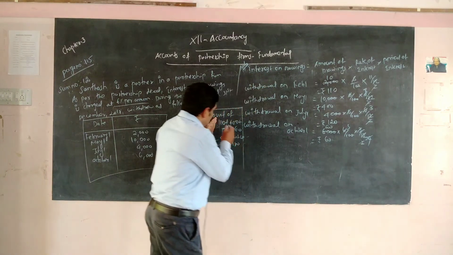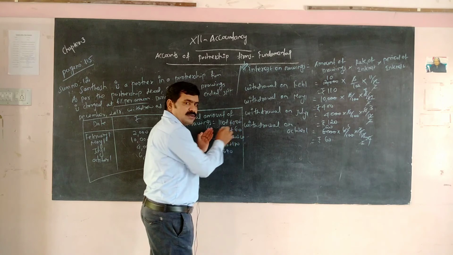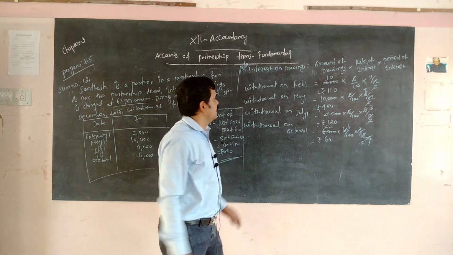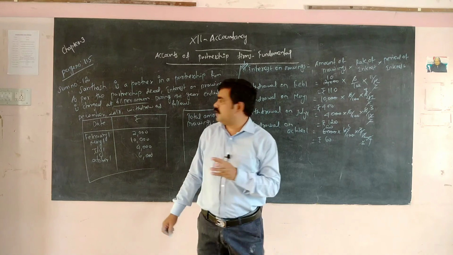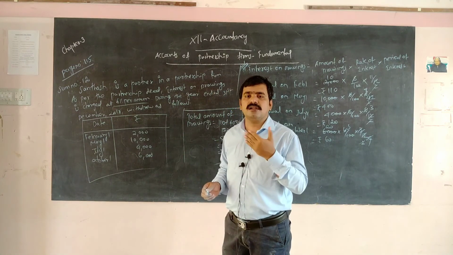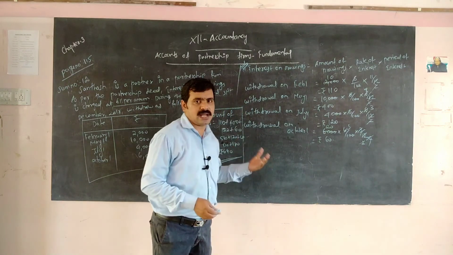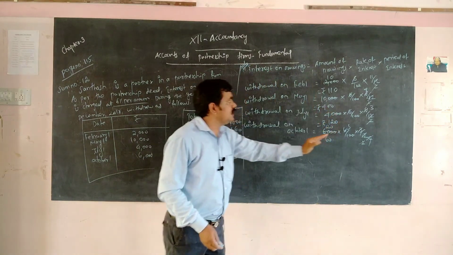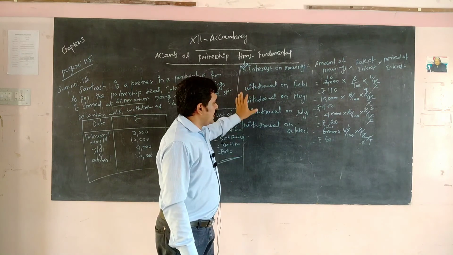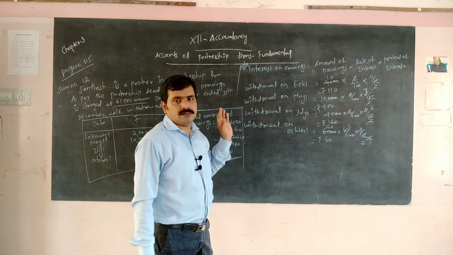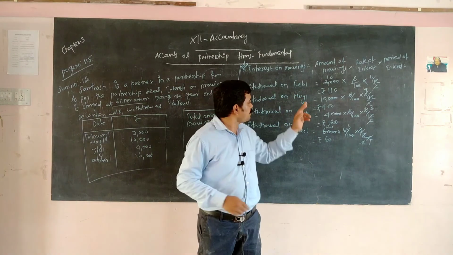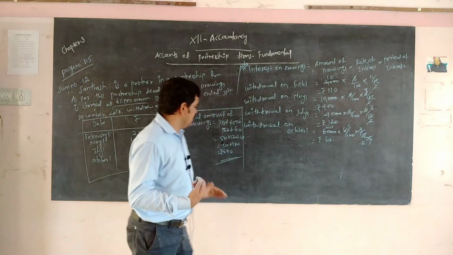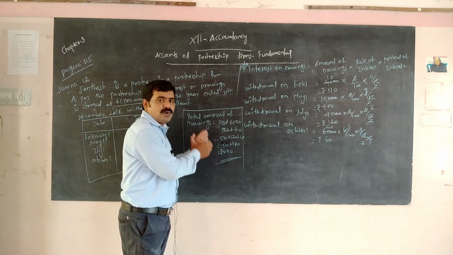So you add 110, 400, 120 and 60: these two give 510, and these two give 180, so the answer is 690. This is how you should calculate this type of problem. If they give a table with columns and ask for interest on drawing, this is the basis on which you calculate. Interest on drawing equals amount of drawing into rate of interest into period of interest. Withdrawal on February 1, May 1, July 1, October 1: February to December, May to December, July to December, October to December. Calculate all of these and add them up to get a value, that is called the total amount of drawing.